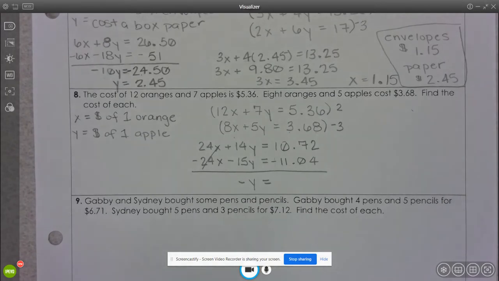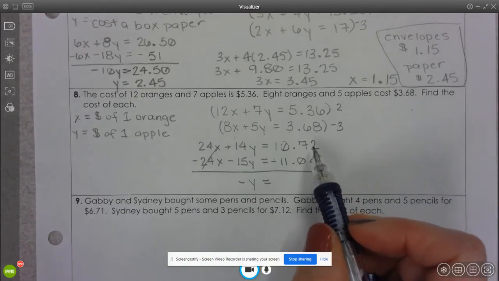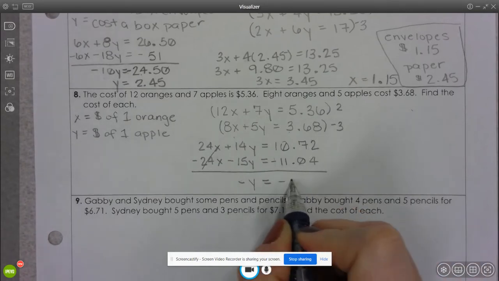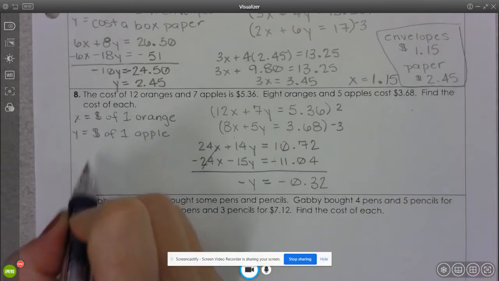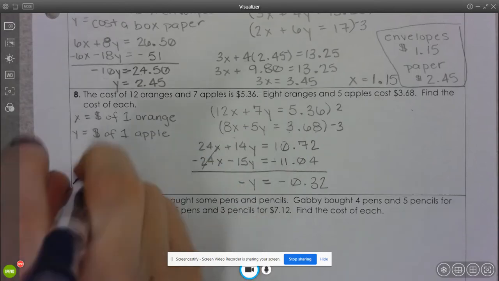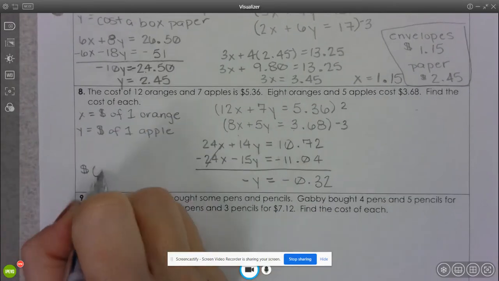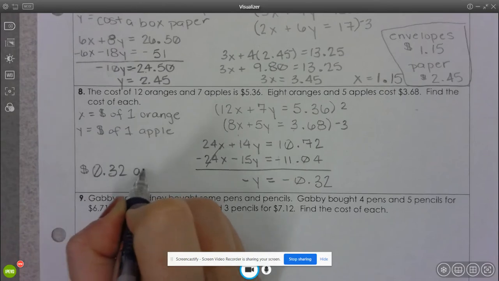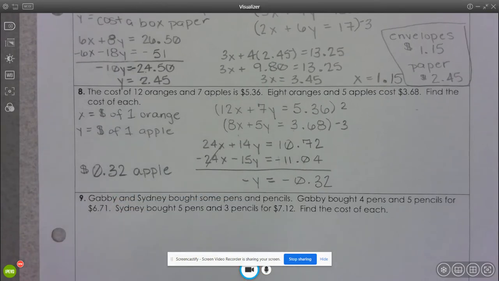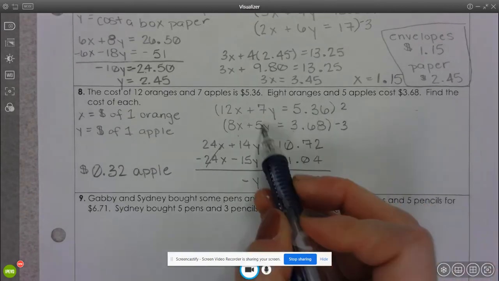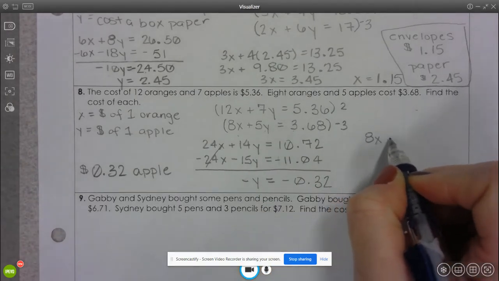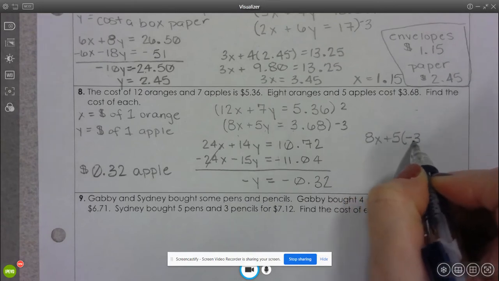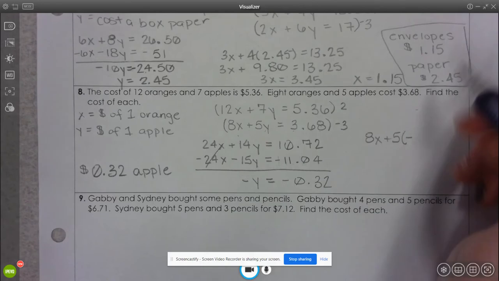And if I subtract 1072 away from 1104, I get 32 cents, which tells me that an apple is $0.32. And then I'm going to take that and substitute into my original equations. Personally, I'm going to choose this second one just because it's smaller numbers. So I have 8x plus 5 times